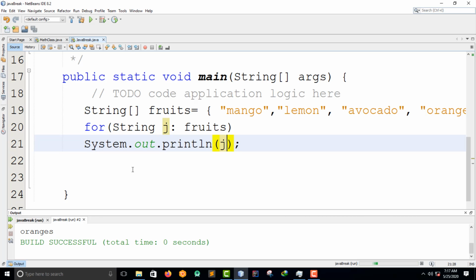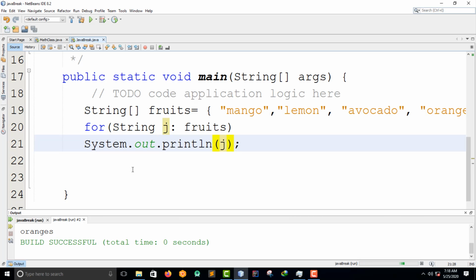The string element called j as in index, you get in the fruits, print out the value of j. If you compare the for loop and the for each loop, you will see that the for each method is easier to write. It does not require a counter. The other one we use the counter type, using the length property.